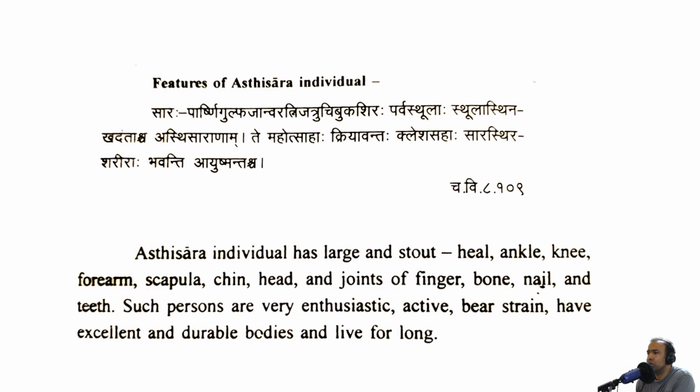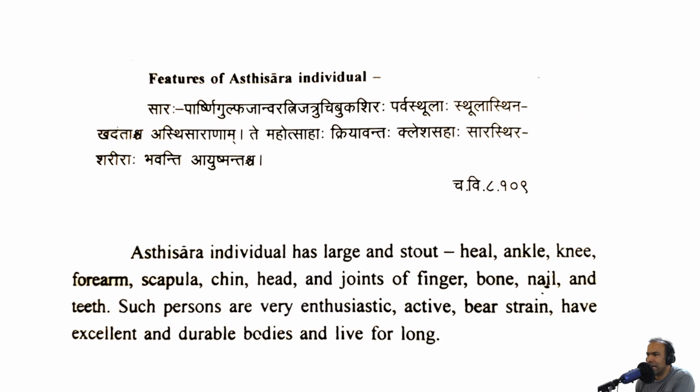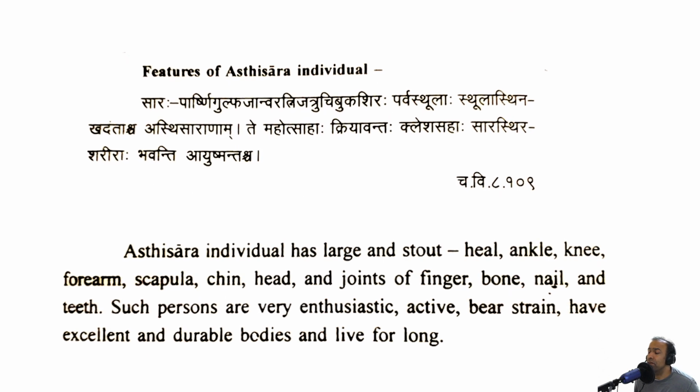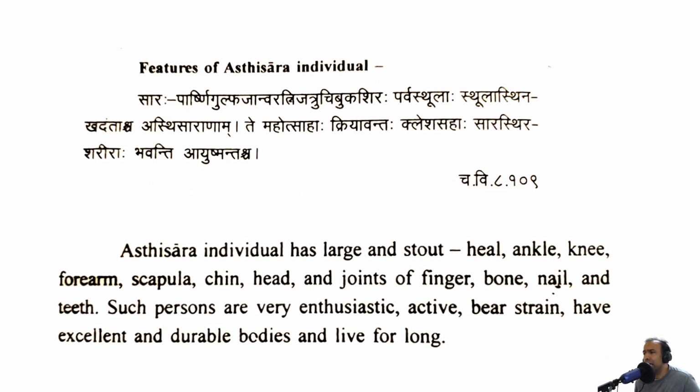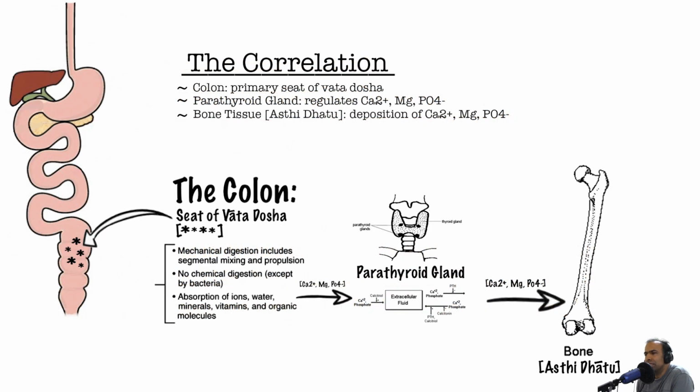Those with optimal and ideal Asthi Dhatu are described as having a large and stout body. These individuals are active, very enthusiastic, and are able to bear strain due to having such durable bodies. These individuals are generally said to have a long life,